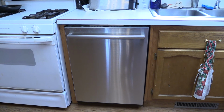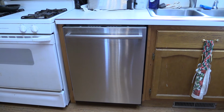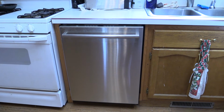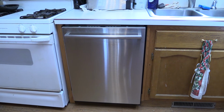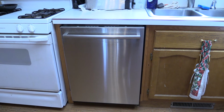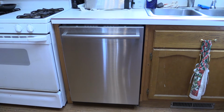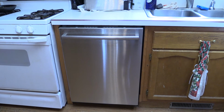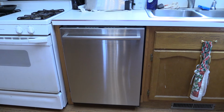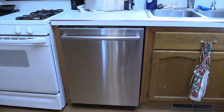What I did is pulled it out, and I carefully laid it down, all the way down on the handle, real carefully to the floor. And then I was able to get at the fitting and tighten it up really tight. You know, not to the point where you break it, but nice and tight. And then I turned the water on, nothing was leaking. Perfect. So I set it back up, put it back in the hole, tightened all the screws up, and I says to the wife, I got it fixed, it doesn't leak anymore. Good to go. Well, come to find out,